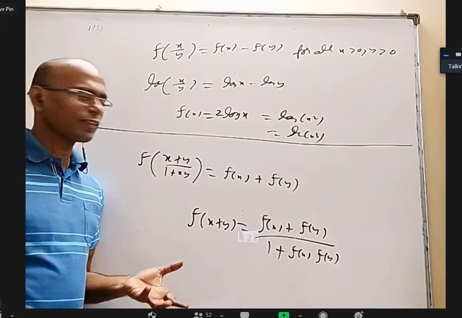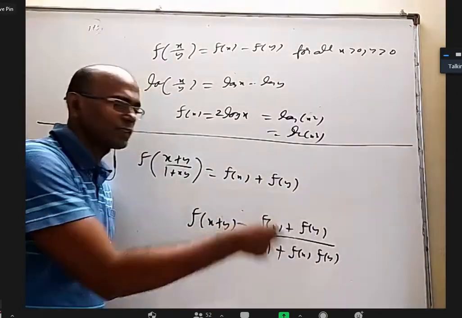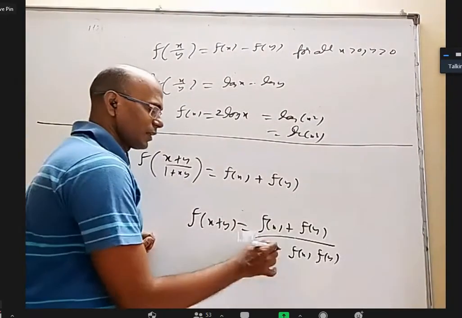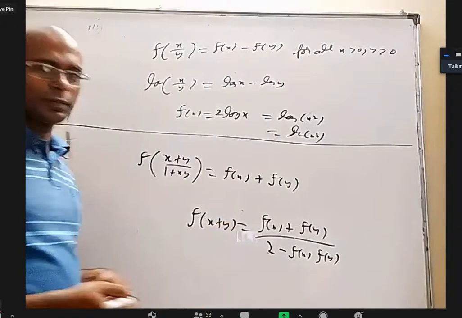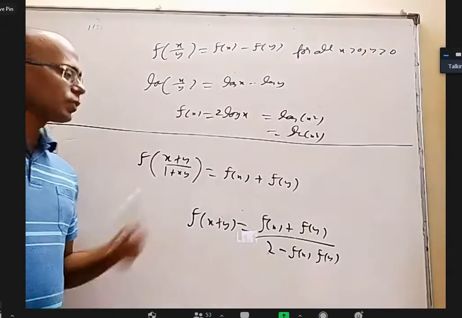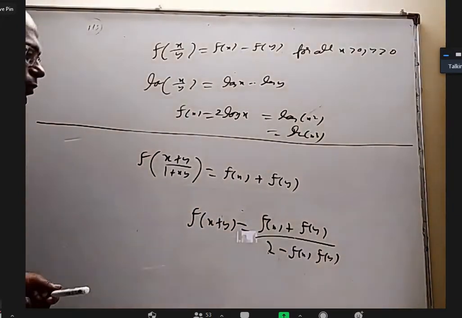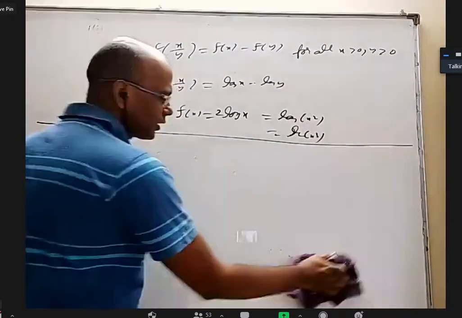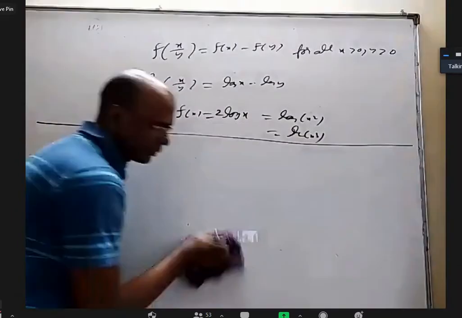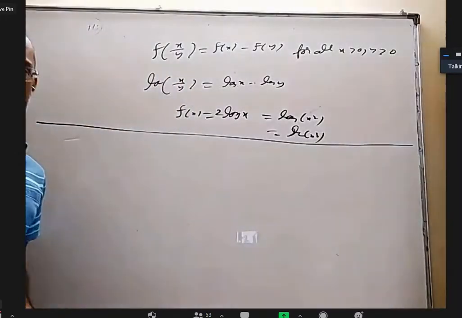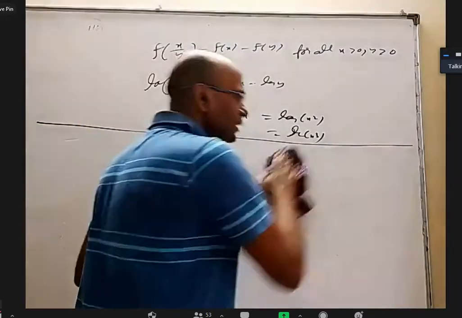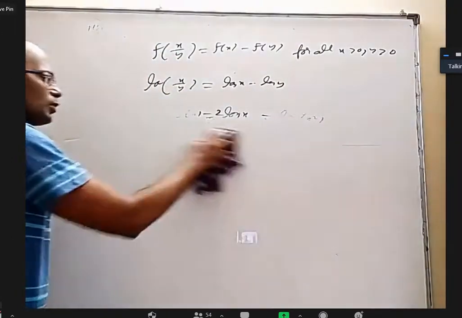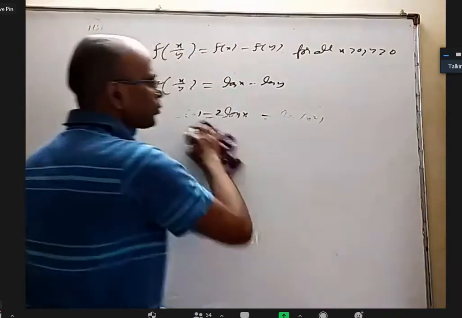In trigonometry, you don't have a formula where you will get a tan or cot of this sort, right? Sometimes we are able to guess. Even if, instead of 1, I write 2, it will be a little bit of a problem. Sometimes we are able to guess, sometimes we may not be able to guess. But in first year, we purposely gave those questions where you can make out the function by guessing only. But in second year, in calculus or integration, we gave questions where you will not be able to guess sometimes, but we can properly derive.